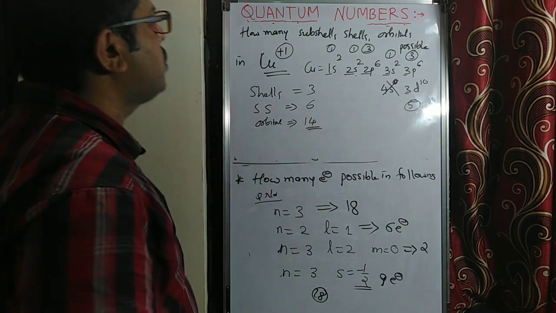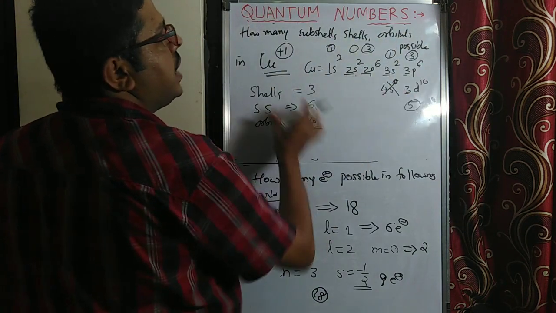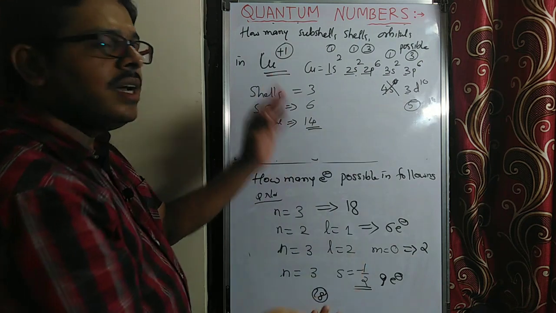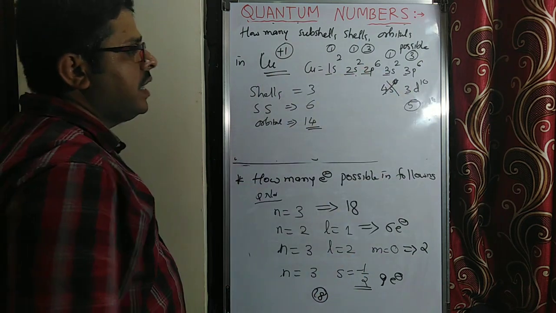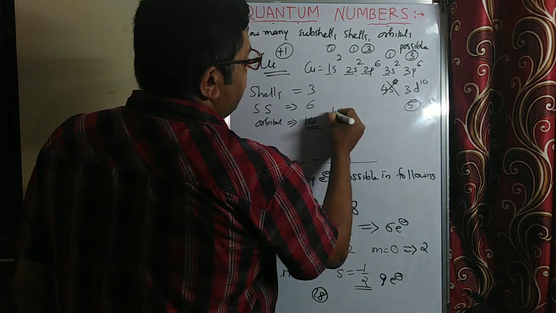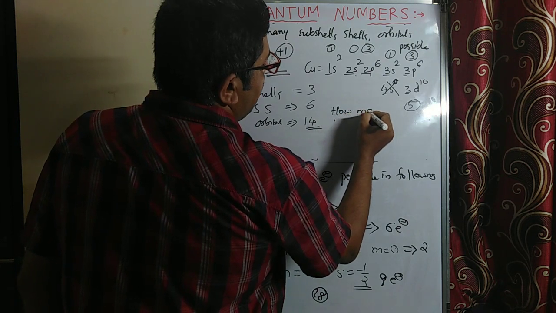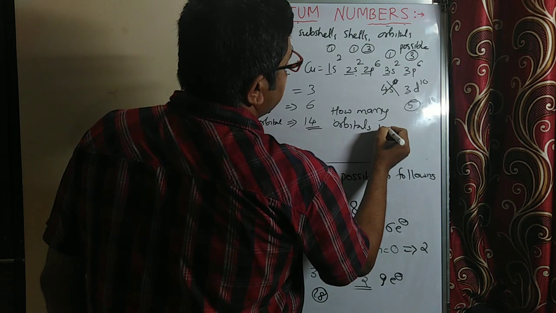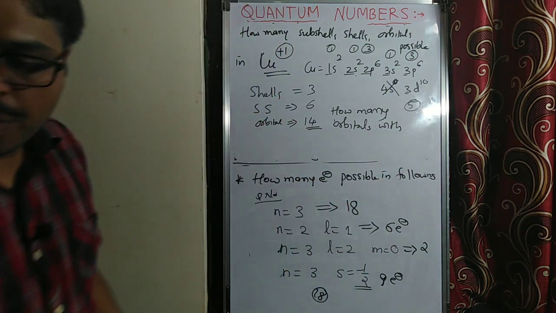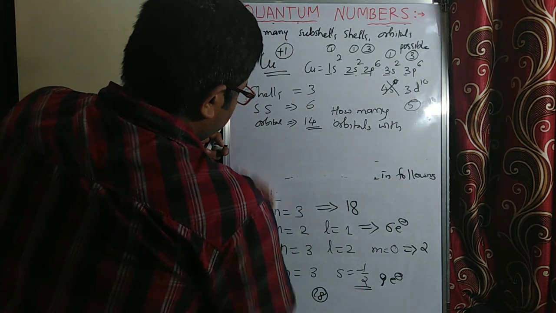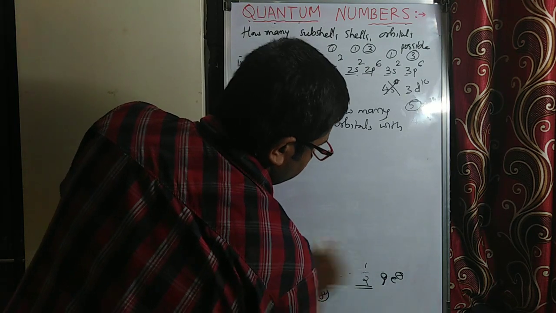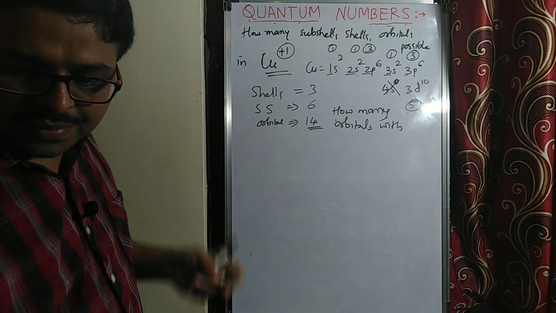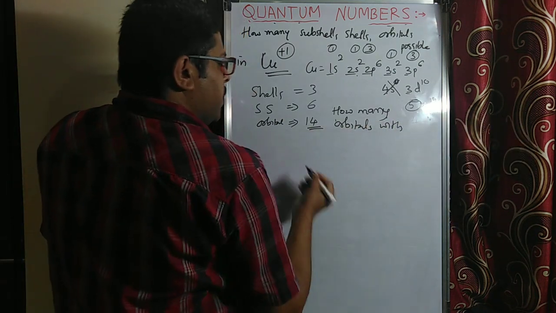So this is another important question: how many shells, subshells, orbitals, if they ask in this case. For this I will add one more point. If the question is asked like this, remember: how many orbitals are having, how many orbitals with... See, this topic is very interesting and very, very important. So, how many orbitals with